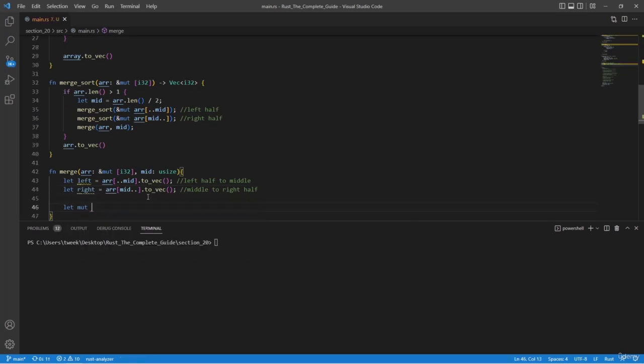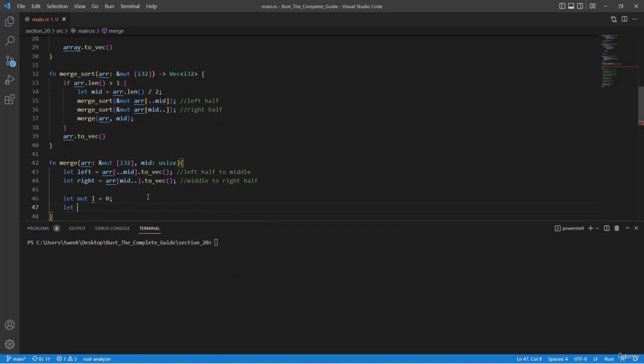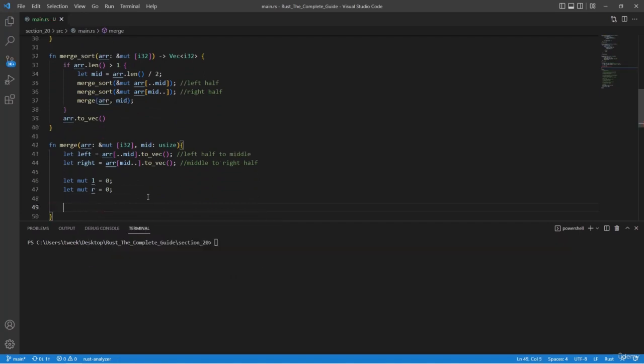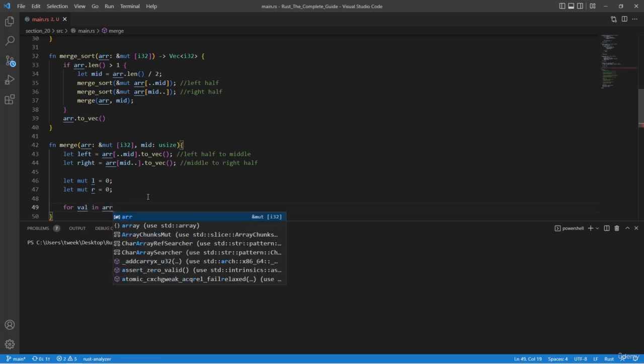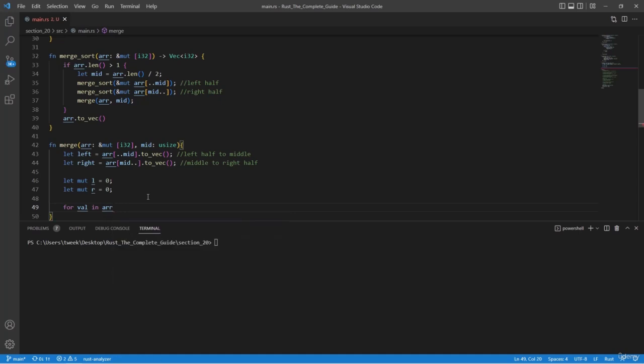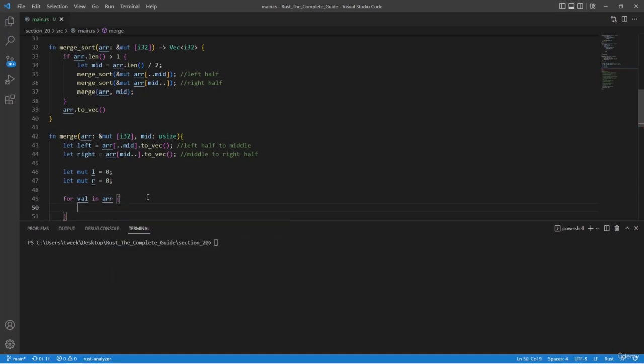And then we're going to create two variables here called L for left and R for right. And these are going to be pretty important for us, so we'll see what they're going to do in a second. So now we're going to have a for loop. This way we can begin merging our elements back in the sorted order. So we have for each value in the array,